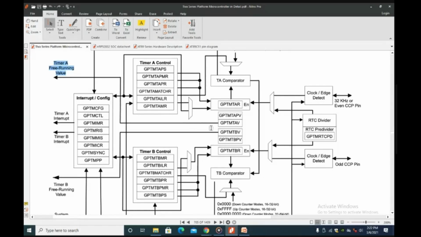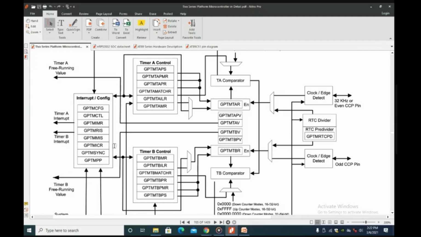Timer A free running value. This is the free running value, which can be used to see how much count it has counted. Then the rest of the thing, there are control registers, which you will be looking at in detail. The rest of the thing you don't want to worry about. So there is timer A and timer B. So timer A control and timer B control, and the timer registers are there here, and there is an interrupt